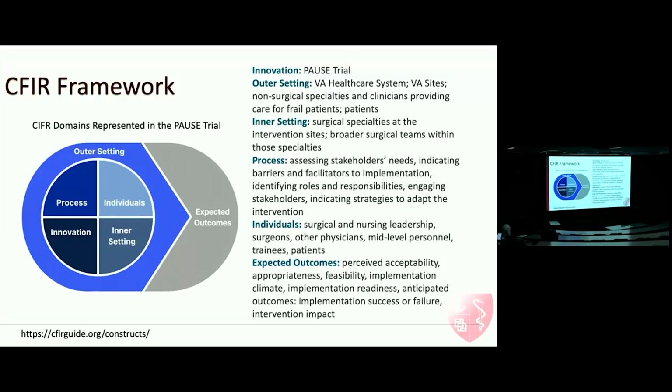That's the full form. So it's a common framework used for implementation studies, but it is very intense and complex because it has 6 specific different domains that you have to consider as you plan the trial and as you collect the data for analysis.